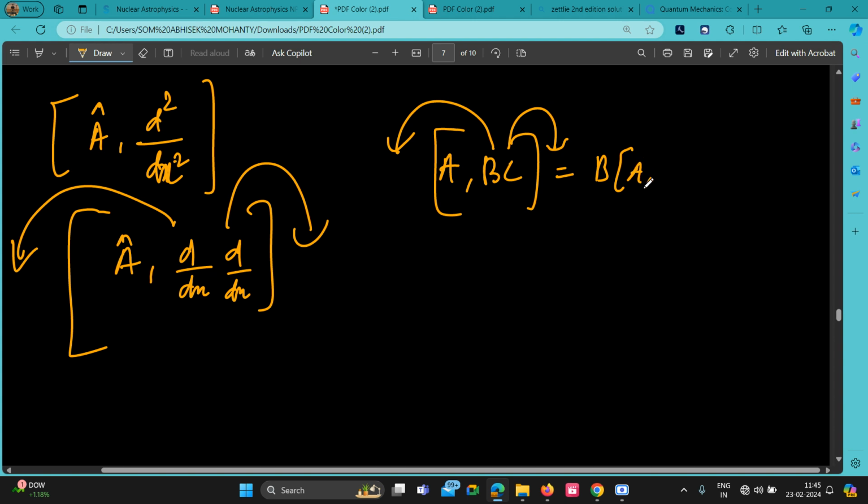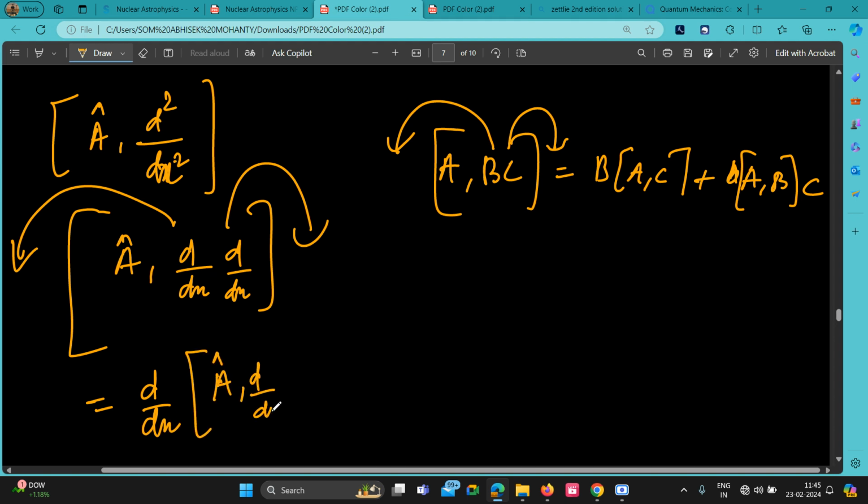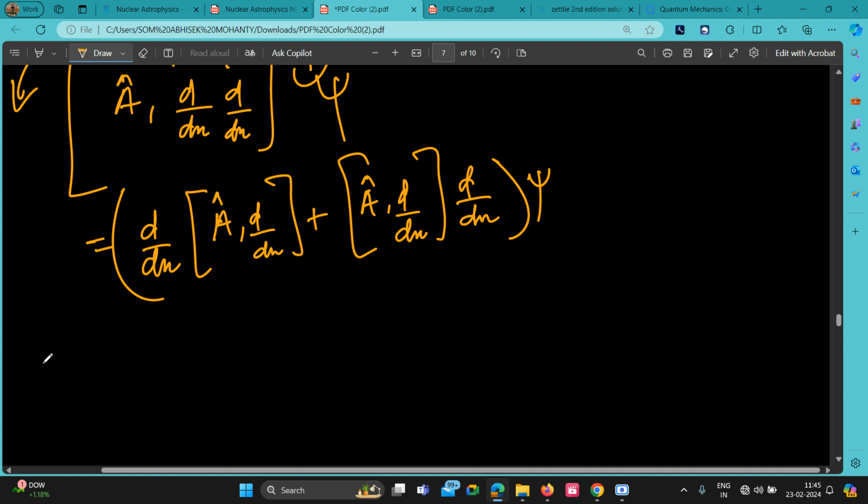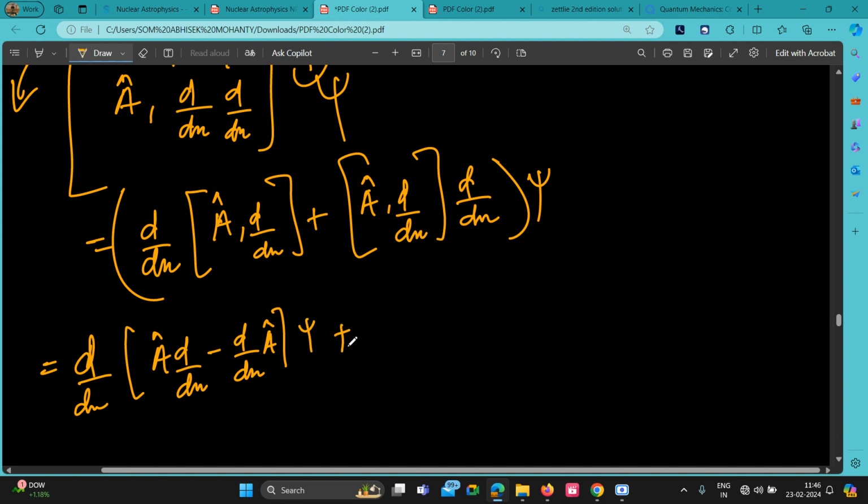So b a c plus, sorry, a b and c in the right. Okay. So here d/dx a d/dx plus a d/dx d/dx. So here again we have to put an operator, put something psi. Okay, so let's now operate psi. d/dx a d/dx minus d/dx of a psi plus a d/dx minus